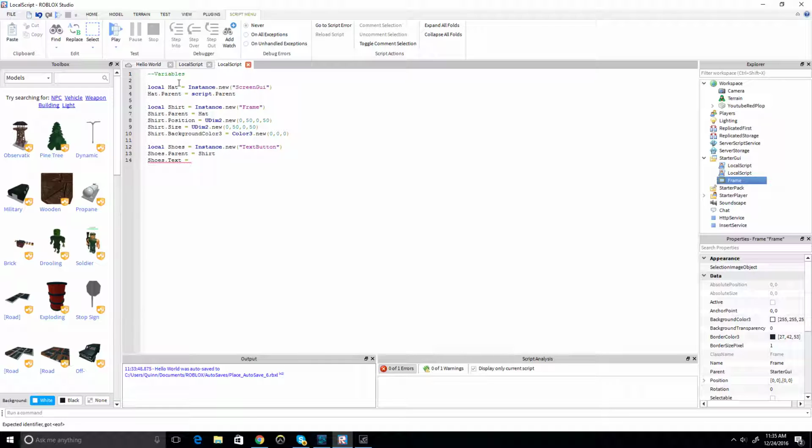So, variables. Basically, why would I put this? Wouldn't it mess up the script because it's just a word, a few dashes? Well, if you put 2 dashes before anything, then it becomes a comment. So it's just like a little note for myself or someone else who uses this. So we're just gonna say a bunch of variables. So shoe text equals